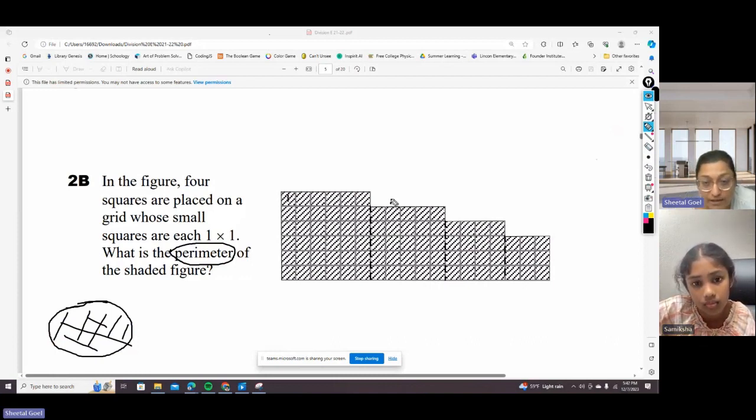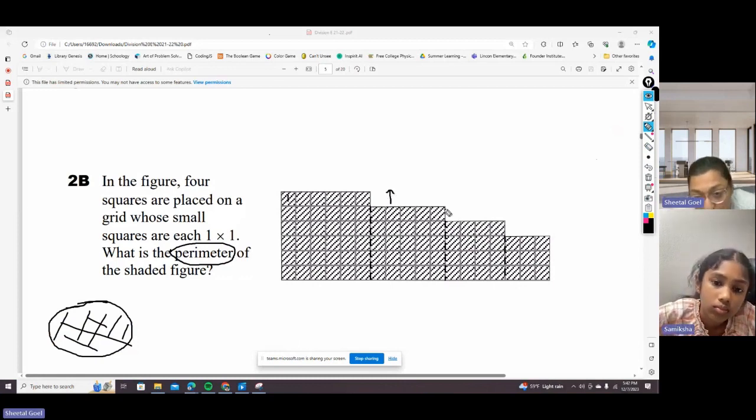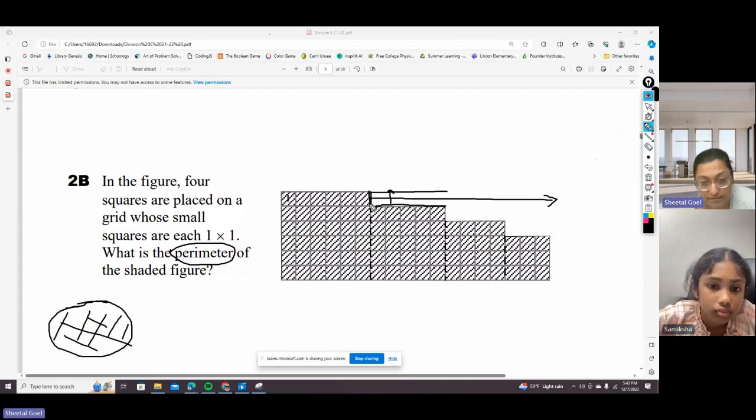I push this area up, because anyway the length is not going to change if I push this up, correct? So if I push this bar like this, and if I push this bar here, this is the vertical side. Can you see that, right? If I push this side here, this side here,